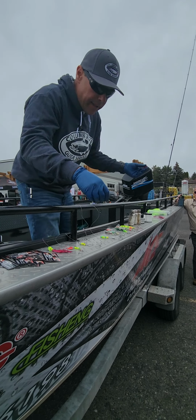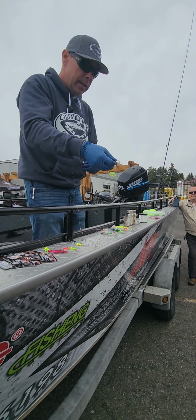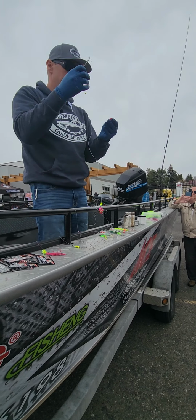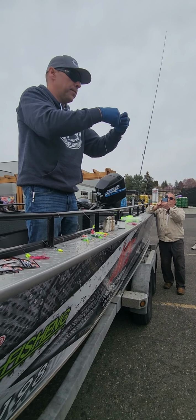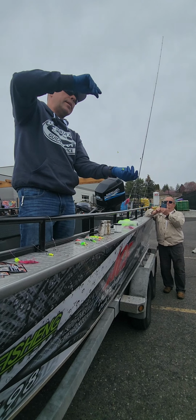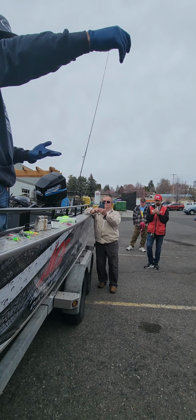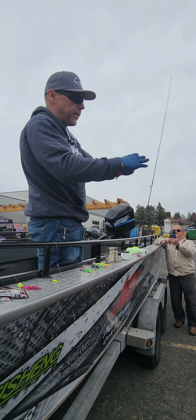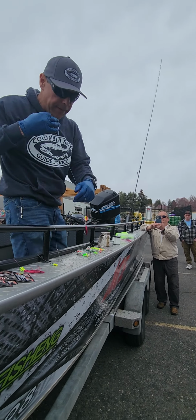A real common way that a lot of guys are doing it, and it just drives me crazy, but it works, is they're simply just meat hooking it on there. And that's it. That's all there is to it. If you have good shrimp where the helmets aren't popping off, that right there works just fine. Now, if your helmets are popping off,